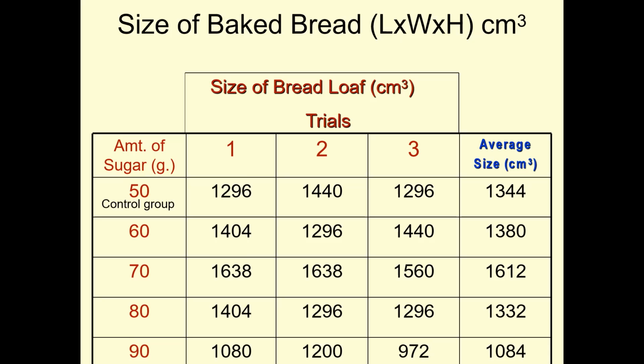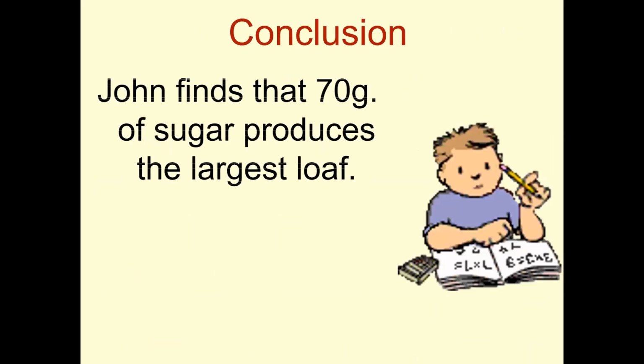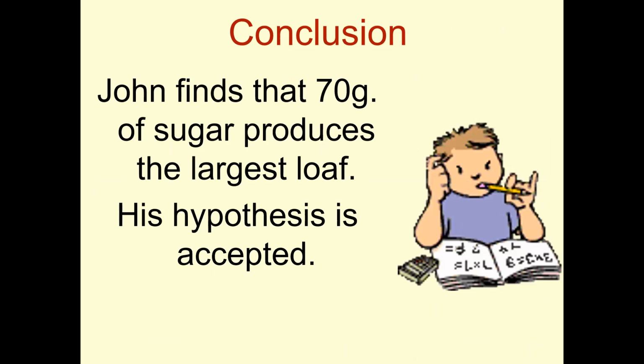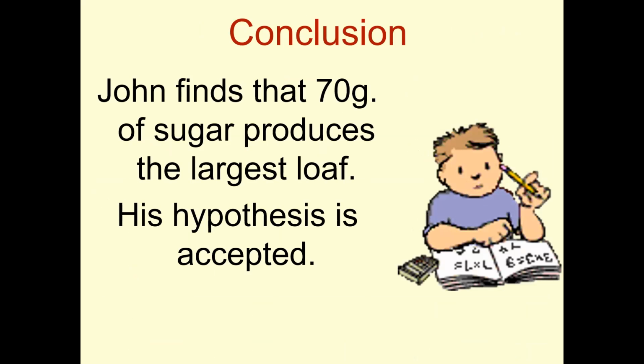However, there is a point at which the size does not respond anymore. That is once he has reached what is known as the optimum amount of sugar. Anything beyond that is going to decrease. So that would be, correct, 70 grams. So he finds out that that makes the largest loaf, and his hypothesis is accepted,